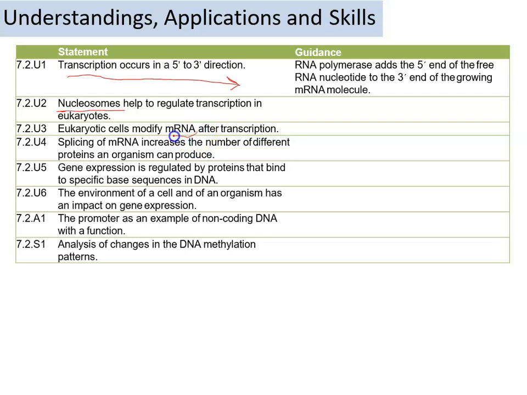So we are going to learn more on the splicing, which is happening on the mRNA. So splicing of mRNA increases the number of different proteins an organism can produce. This is something that we didn't discuss before. The role of splicing and how can splicing increase the number of the different proteins, and the gene expression is regulated by proteins that